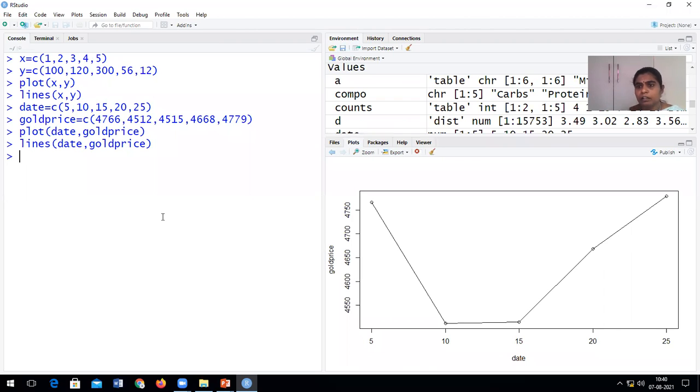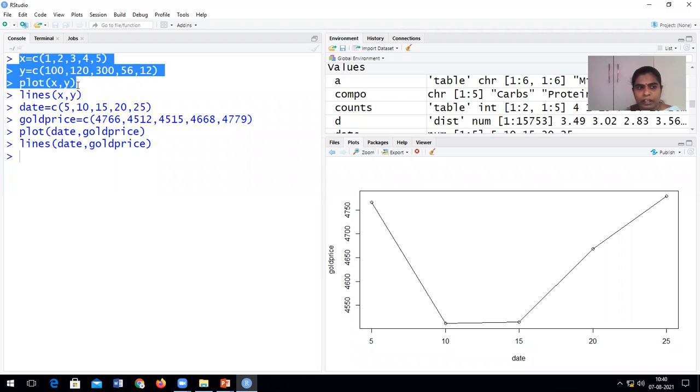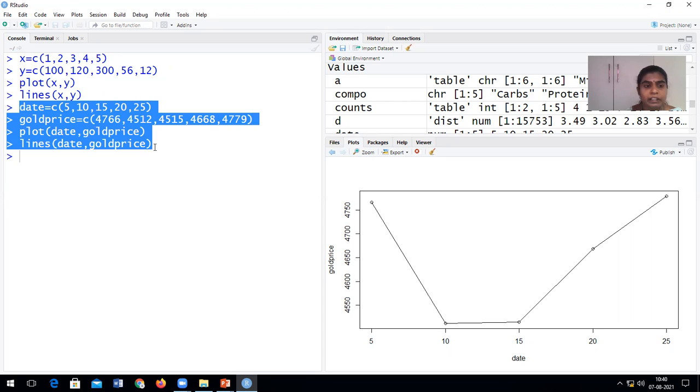Suppose you have a data frame, a data set, with one full column. Suppose you have taken the data for 6 months and you want to plot 6 months of data. Yes, it is possible. This is how we can plot it using plot and lines. Plot will mark the points, lines will connect the points. Can you try this? I have shown you how we standardly plot it, and I also showed you one example. You can assume any other example and try plotting this way. I'm giving you 1 minute to try this example.